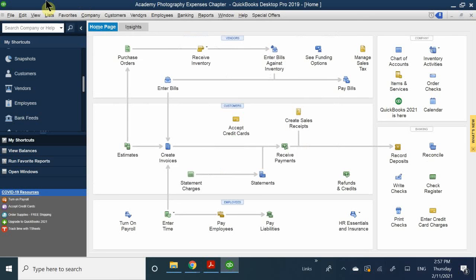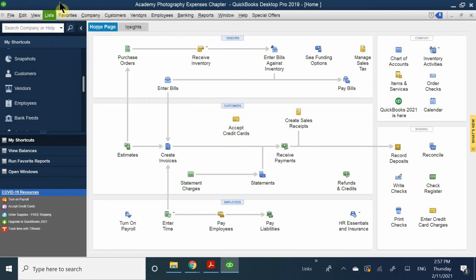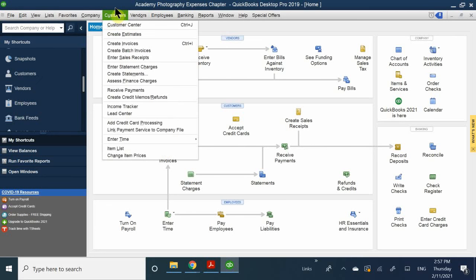Second way that you could do it again is if you go up to your banking menu. You can also write a check right here. Where is it? Write checks. First thing you can see here is write checks. And then, of course, with the new 2018, I'm not expecting you to know this, but if you are asked this question at all, you actually can write your check using